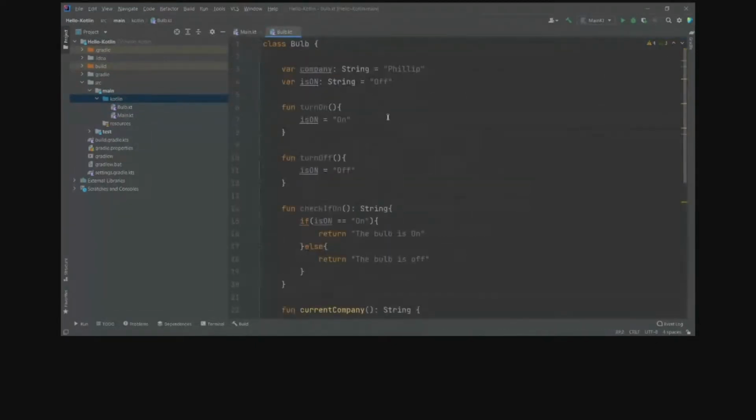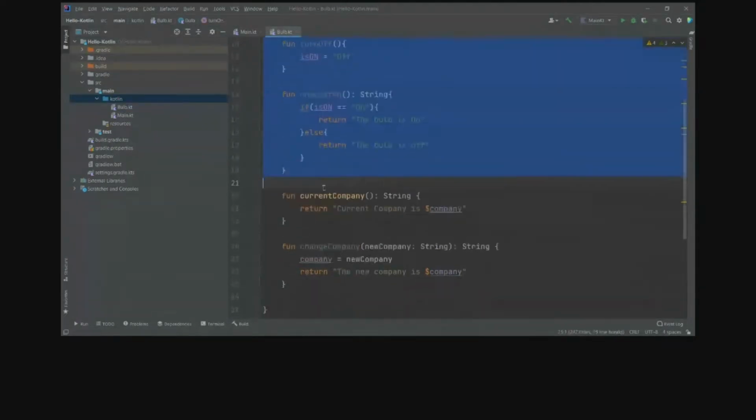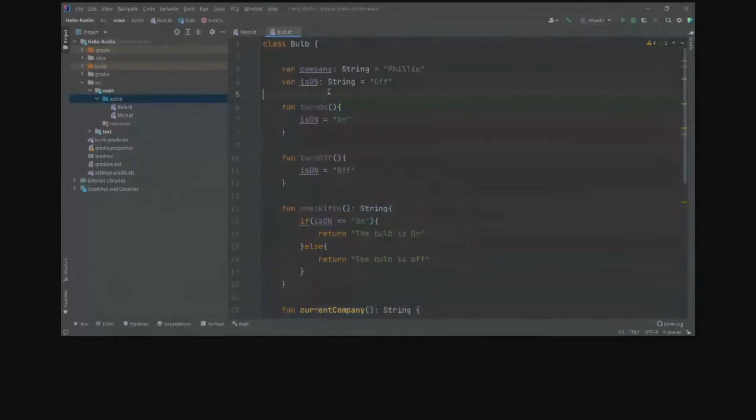So I have pasted a code here. It's a very simple code. As you can see, the class keyword is used to initialize a class. This is the name of the class, and these are the member variables and the member functions of the class. It just says the bulb's company, and whether the bulb is on or not.